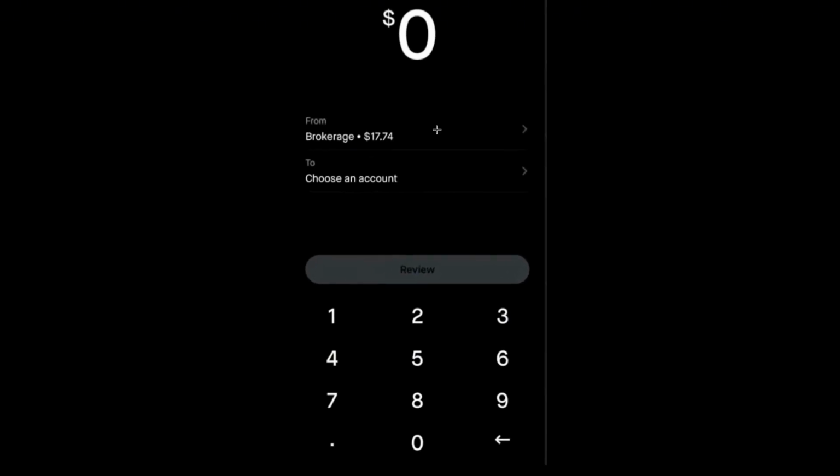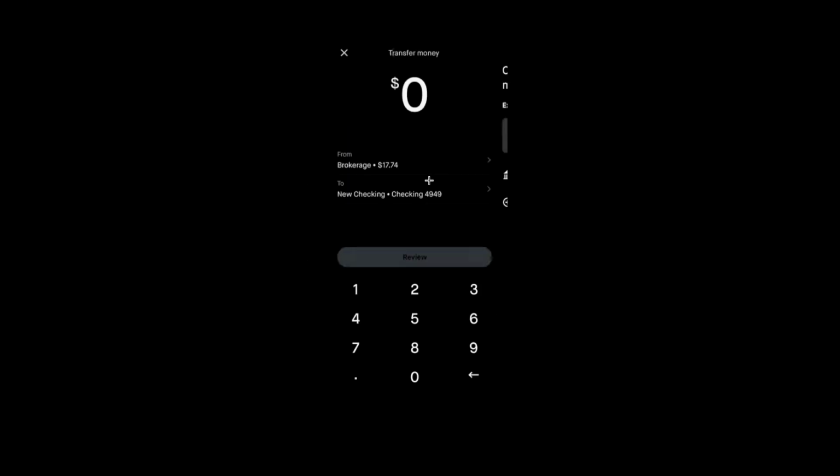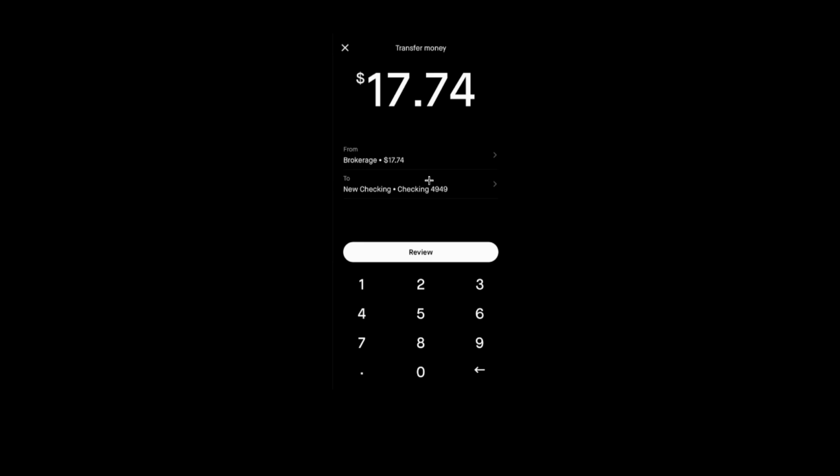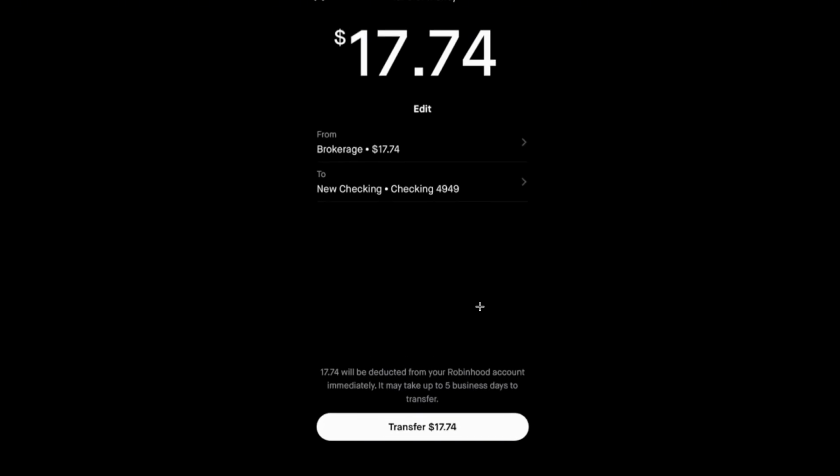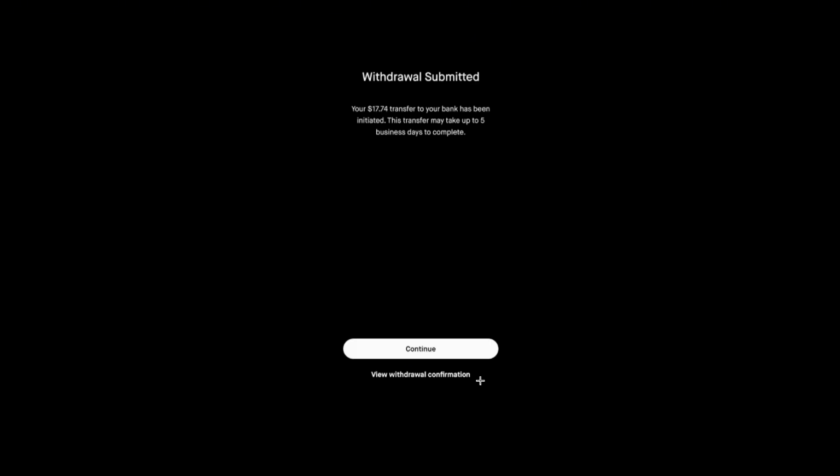So you will choose from your brokerage, which is the amount right here that's available. Choose an account to where to, and then you will have to just select your bank account, of course. And then from your bank account, you want to review on how much you want to withdraw. Press review, transfer the 1774 that you have left, and then the withdrawal is going to be submitted, and then